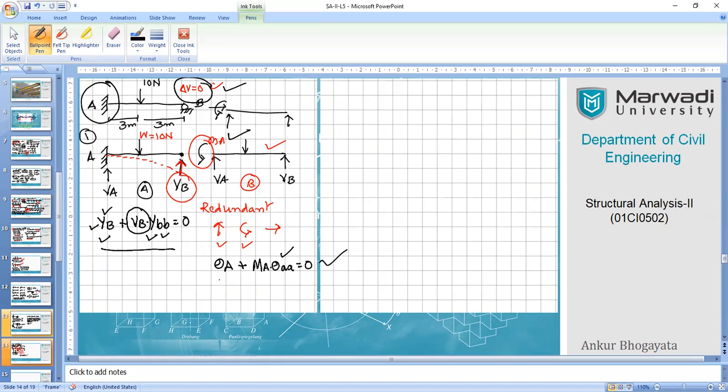And here you have theta capital A, because of the external load, there will be a moment here, right? You have 10 Newton as a force, and because of that there will be a rotation available at joint A. So when you combine both of them, if you have the rotation at A due to the external load, and the rotation at joint A due to the unit moment applied over here, then you can find out your fixing moment easily. Once you have this fixing moment, you can go for other forces easily by applying the conditions of equilibrium.